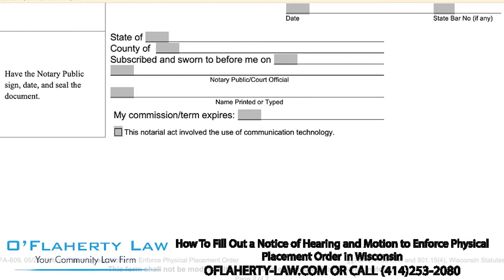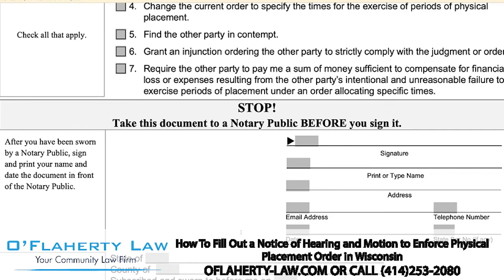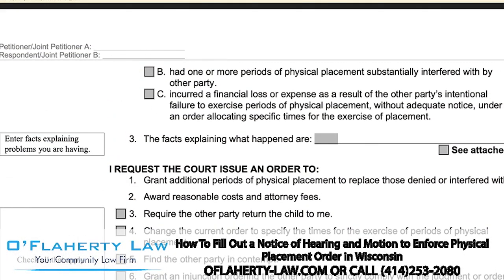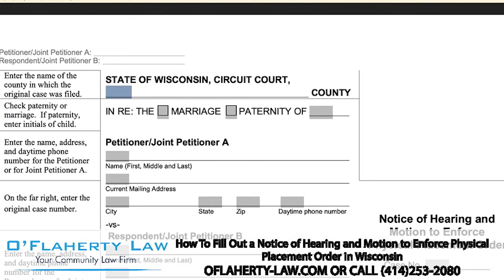You can supplement with additional material all you like, and that is the separate pieces of paper with your facts and circumstances explained. That is your exhibits. That is the order that you're asking to be enforced. It's all additional material that you use to supplement. Just don't add lines or mess with any of these boxes on the side or try to put in notes underneath a request. Don't do any of that. Just leave the document as it is format-wise.